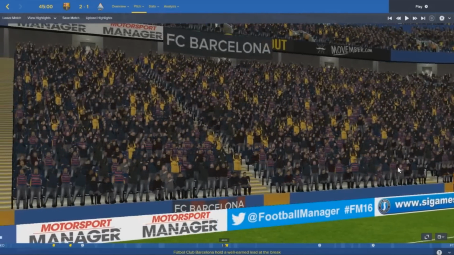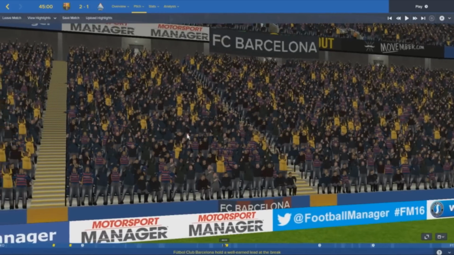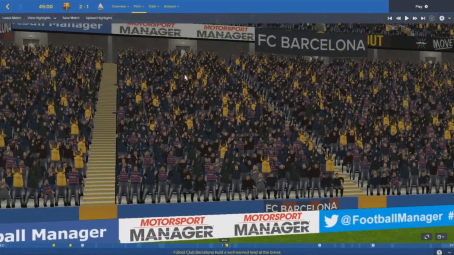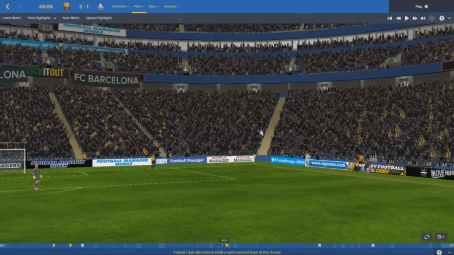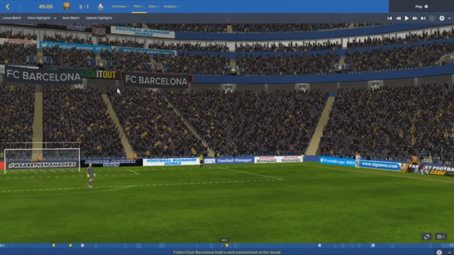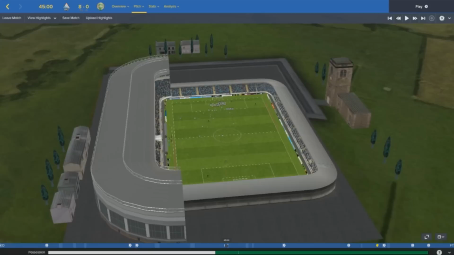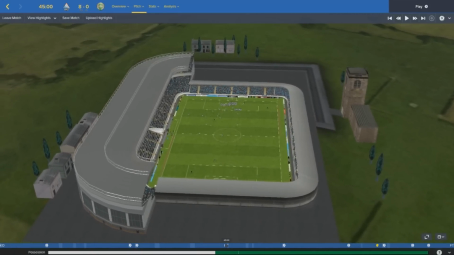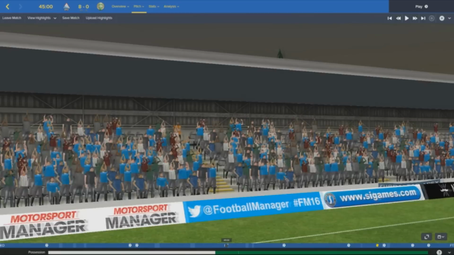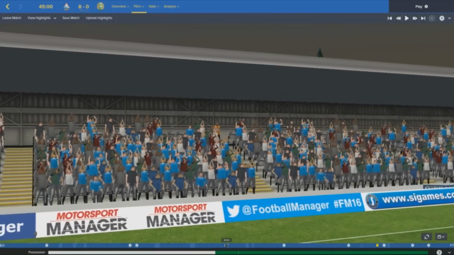Jack here, and today I've got a slightly different video for you guys because I'm going to be showing you how to view your Football Manager stadiums in full 3D from above. It's a really simple thing to do, and as you saw there, it looks pretty cool. Obviously, here we have the Space Park. I've just loaded up a random year of my Gibraltar save from a few years ago. I'm going to show you how to do this today, but here you can see some nice cinematic shots of